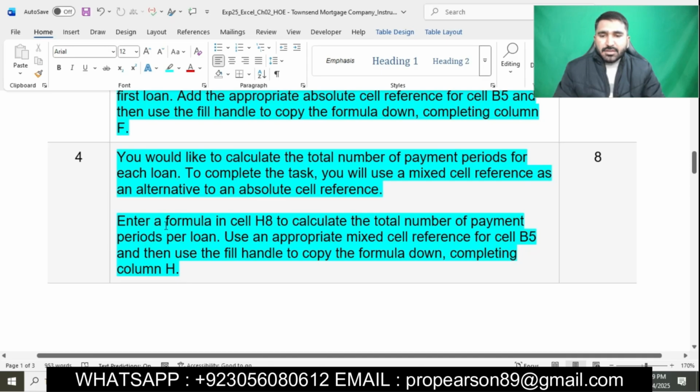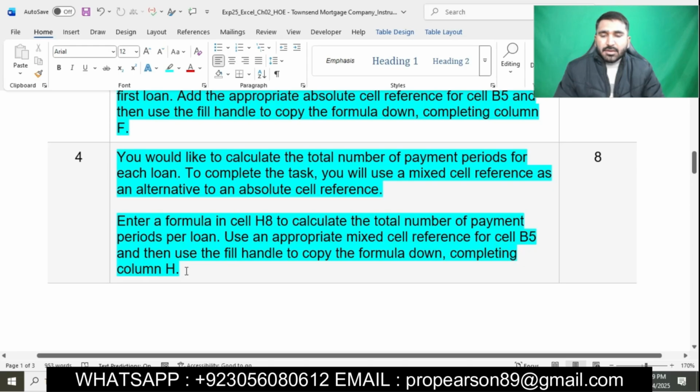Now the main point is starting here. Enter a formula in cell H8 to calculate the total number of payment periods per loan. Use an appropriate mixed cell reference for cell B5 and then use the fill handle to copy the formula down